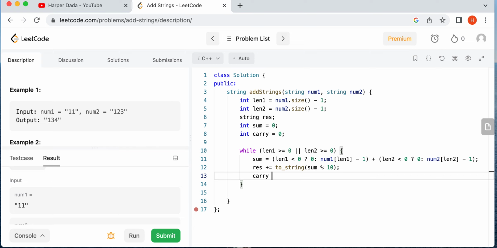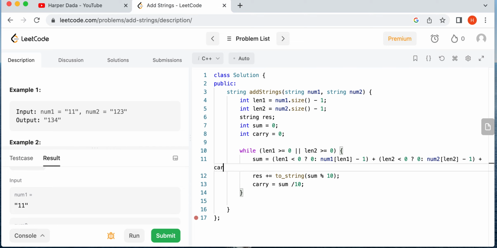So you say carry equal to sum, this is by integer division. The only thing is we have to remember to not also add carry when we do this. Okay, now carry equal to sum by 10. Now before you get out of the while loop, make sure that we have taken care of